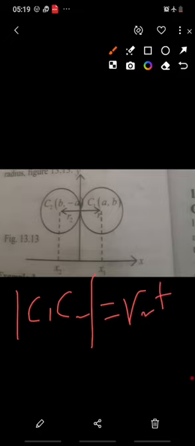C2, it means that we have to add their radii, both radii. You have to add them, because when you add them, you can get the distance between them. You can get the distance over here. So R1 and then R2, you add them, and then you get the distance between